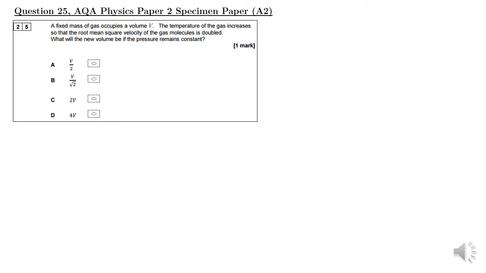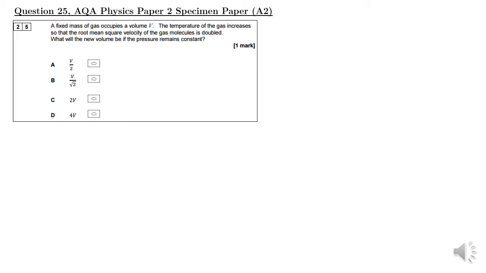using the ratio method. First question is question 25 from the AQA physics specimen paper, which is the A2 paper. So the question goes: a fixed mass of gas occupies a volume V. The temperature of the gas increases so that the RMS velocity of the gas molecules is doubled. What will the new volume be if the pressure remains constant? So it gives us a scenario, and it tells us to find the new volume if the RMS speed was